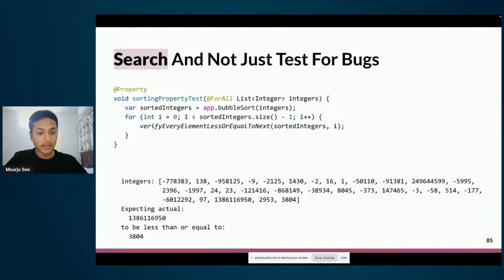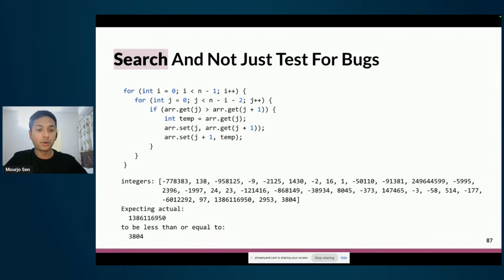But this time, the failure is in a 20 element array. I don't know where to begin because there are so many big numbers there. I don't know which one is the problem. And if we look at the source code of it, where do I start? Right? It's a 20 element array. Is the problem because it is 20 elements? Is it because it is greater than 15 elements? Is it because there are big numbers there? It is much harder for me to now find where the problem is.